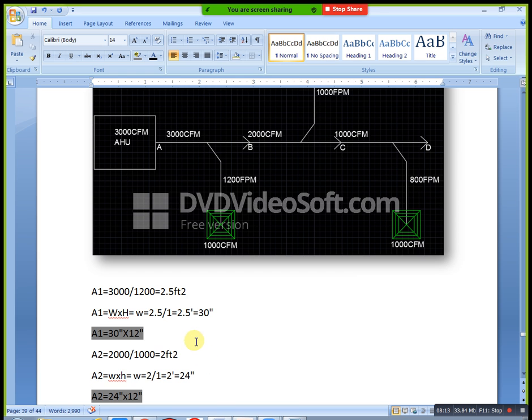2.5 feet square. Now we know the area, and we have two remaining values. Now we need to find out our width. How can we find out our width? We need to find out that one. We already know the area, and at the same time we know the height also. In that condition W is equal to area by height. Okay, in that condition you will get W is equal to 2.5 by 1. How can we get this 1?